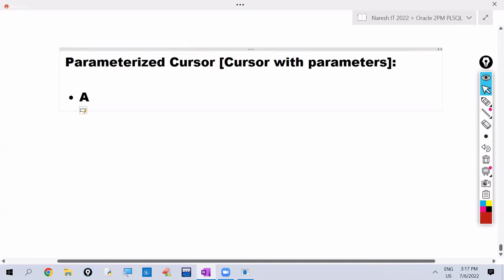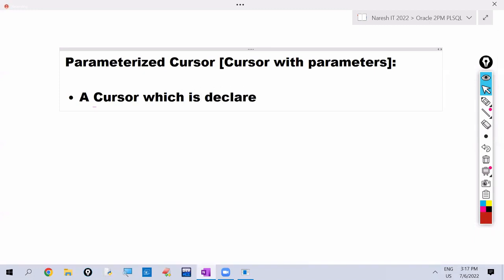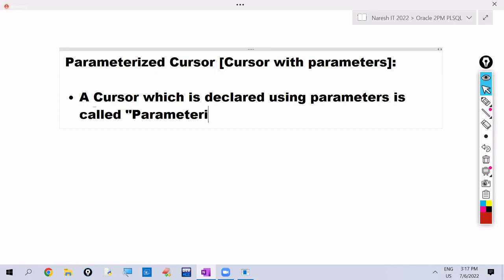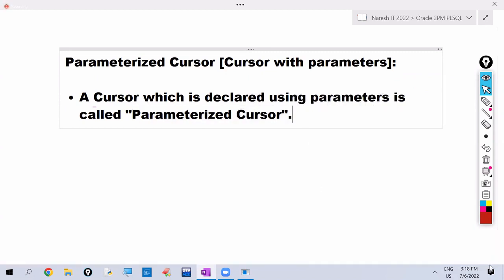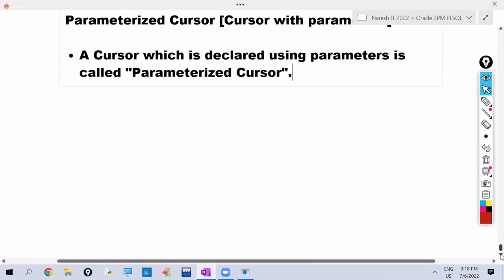A cursor which is declared using parameters is called a parameterized cursor, or cursor with parameters. For example,